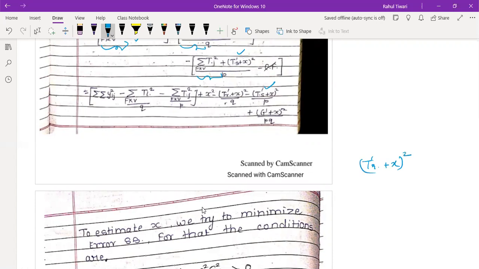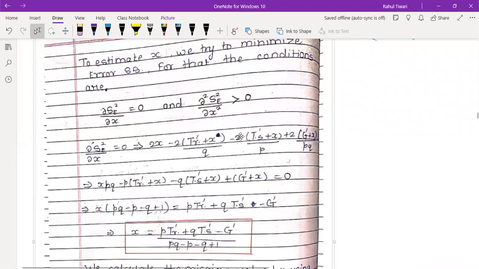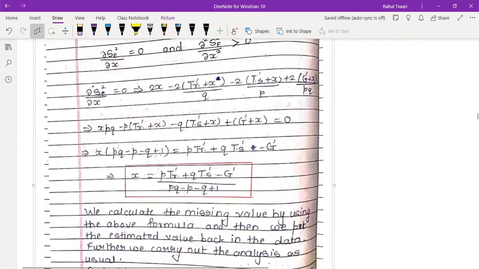इसका square क्या होगा? What is the derivative? It is 2 times tr dot plus x into again derivative of this function, which is going to be simply 1. Okay. Similarly, you can get the derivative of this one and this one. So you will get everywhere 2 times, 2 times, 2 times. Equating with 0 and simplifying, you may get the answer for x.